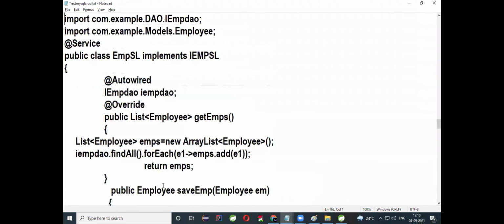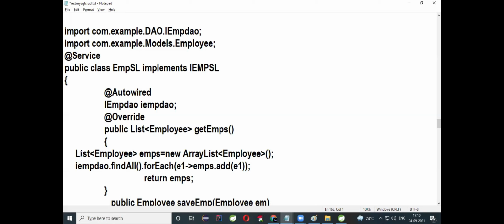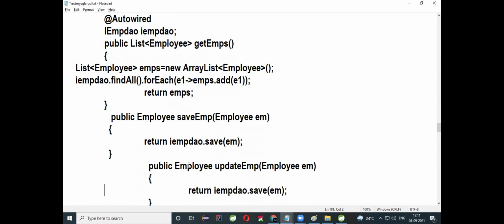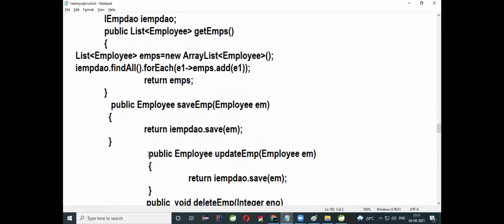Right, the first method is here, you see. I created one IOC auto wiring, an interface communicating with the CRUD repository. And here you will write the get employees method. Here I try to get the objects from the database and send the objects to the collection EMPs, returning the EMPs. This method we have seen in the last session. Is it clear? Coming to the save employee method, I have one more method called save employee, and in this method I want to save the employee details.